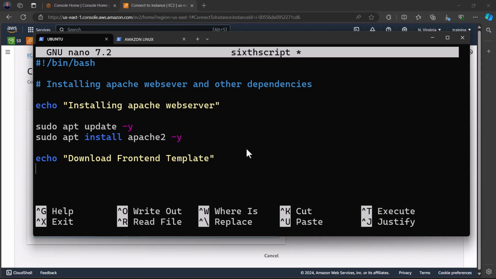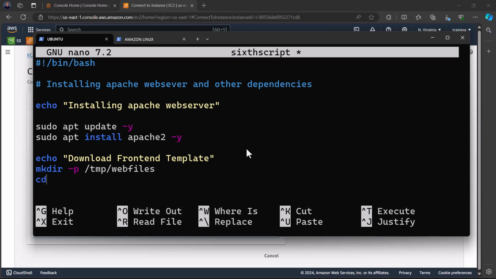So I'm going to create it in the temp directory. So tmp slash, let's call it web files. Okay. So I want to download my template inside of this temp. So I'm creating a directory called web files. Okay. So now I'm going to say cd, slash tmp slash web files,